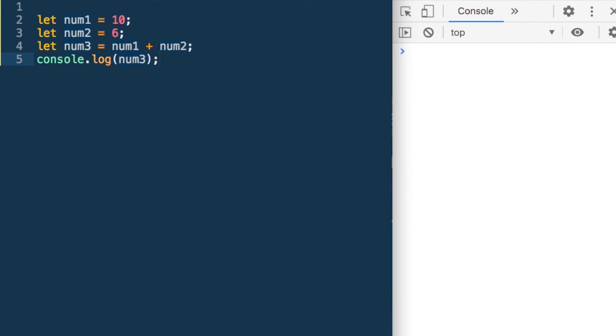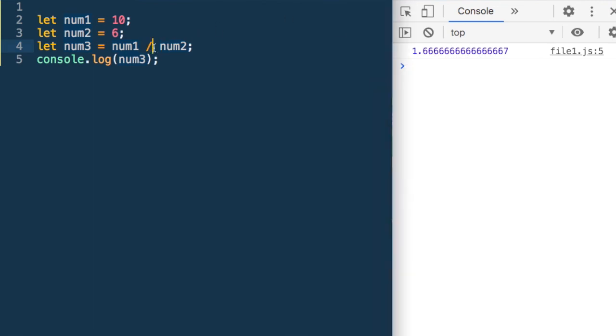Now when I run this code, we get 16, which is 10 plus 6. So that is how we add two numbers. Now I can say num1 minus num2, so that is 4. Subtraction, then multiplication, we get 60. If we do division, we would get the output.